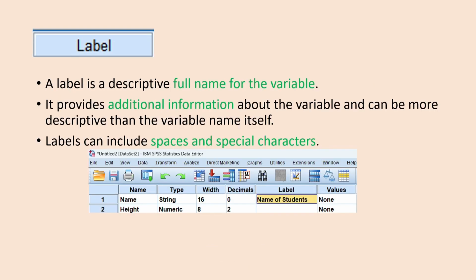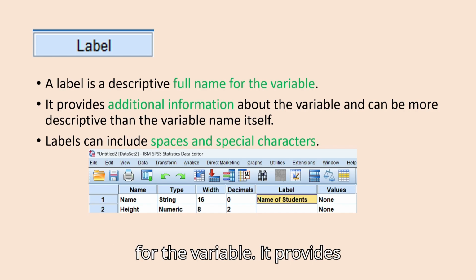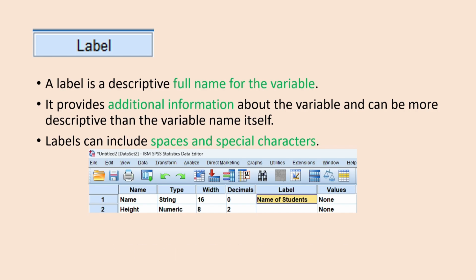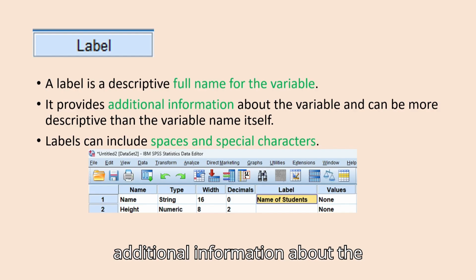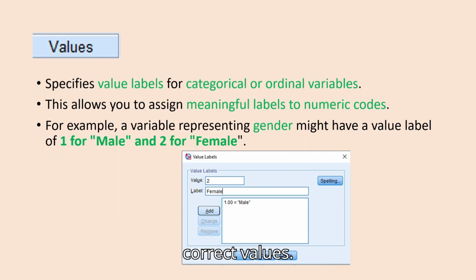Label. A label is the descriptive full name for the variable. It provides additional information about the variable and can be more descriptive than the variable name itself. Labels can include spaces and special characters.